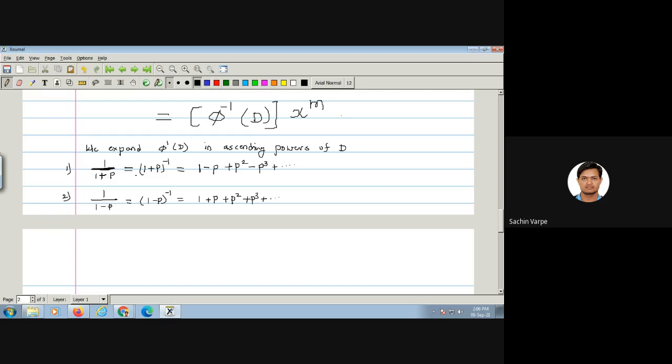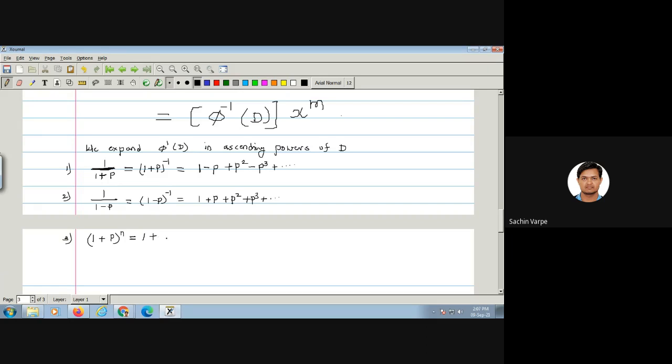But these two formulas we can use only if n is minus 1. If n is not minus 1, then we have to use the general binomial formula, (a plus b) raised to n. So let me write that formula for (1 plus p) to the power n. That equals, I have to start with nC0, where nC0 is 1 into a raised to 0, and 1 raised to 0 is 1, isn't it? So 1 plus